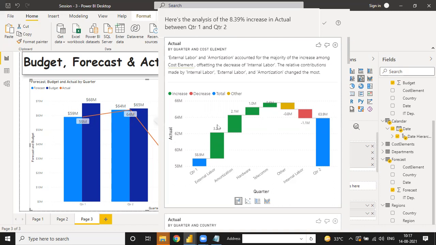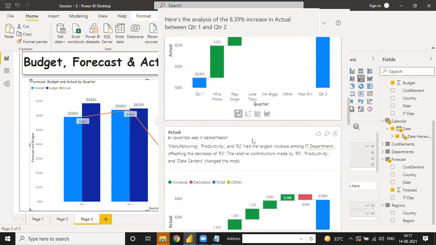How is it increasing? The values given are 3.2, 2.1, 0.6, 0, minus 0.8 million, minus 1.1 million. The total decreasing is this, and total increasing is this, and your net effect is 58.9 to 63.9. And as per your actual, see,